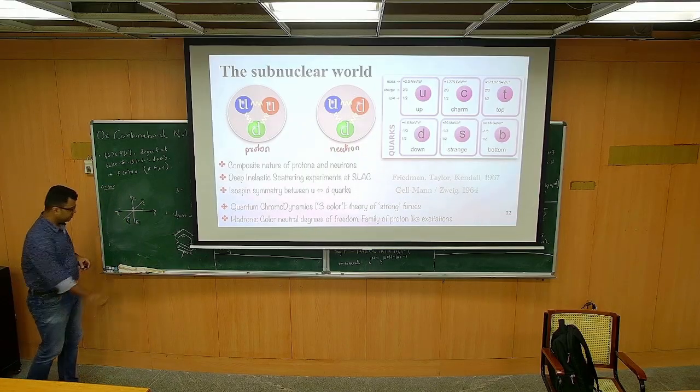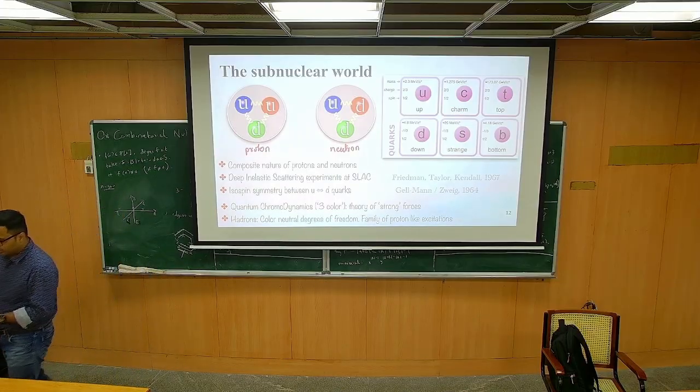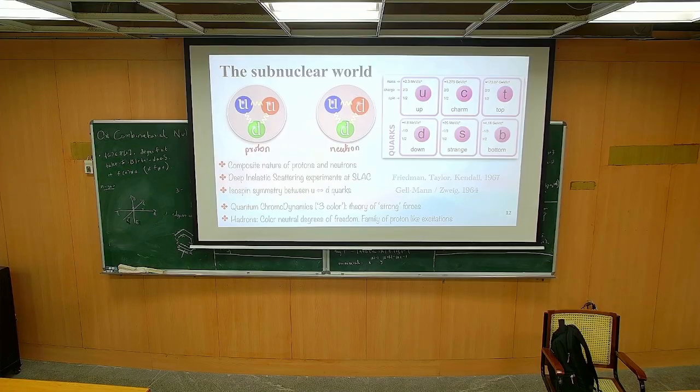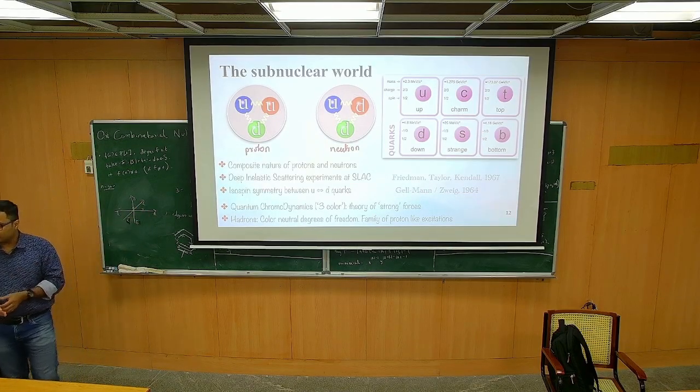Okay. So any linear combination works. You can actually form any combination. So if you take red and an anti-red, it becomes colorless. Okay. And if you take red, green and blue together, it also becomes colorless. This is something that we have.